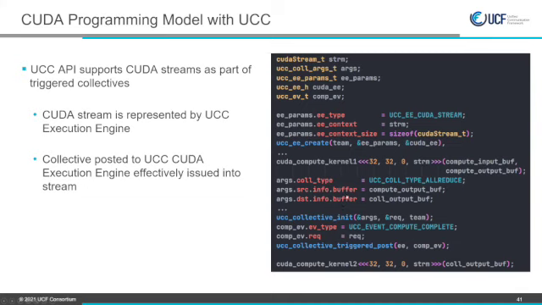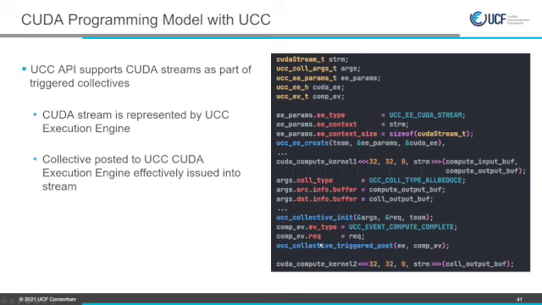There is nothing special about GPU or streams here. But we change UCC collective post to UCC collective triggered post. And now we specify that we want to start this collective once this event is generated, when this kernel completes. And after that, we start the second kernel.